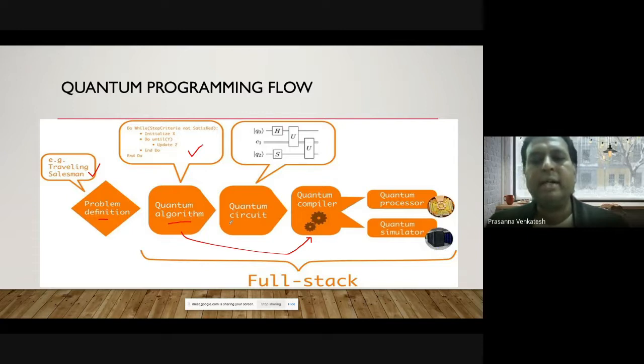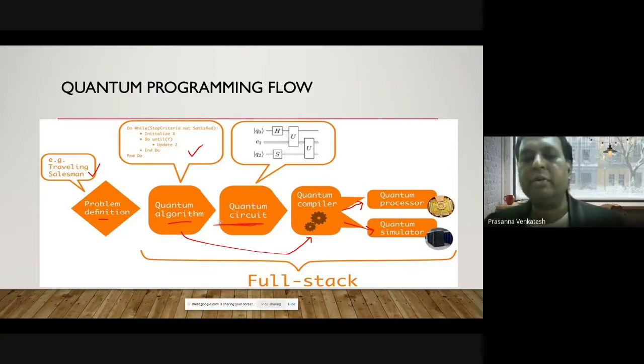There is an intermediate step that has been introduced, called quantum circuits. Before you take your algorithm to the compilers, you need to convert it to a quantum circuit. These quantum circuits get sent to the quantum compilers, and the quantum compilers in turn can utilize a quantum simulator or the real quantum device or chips for your execution. I hope it is clear.